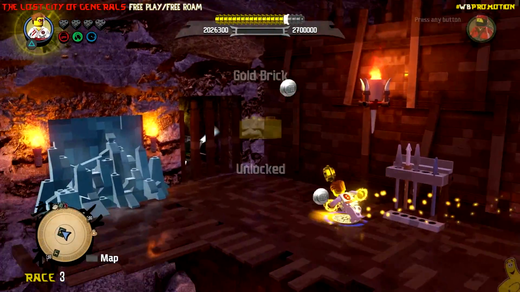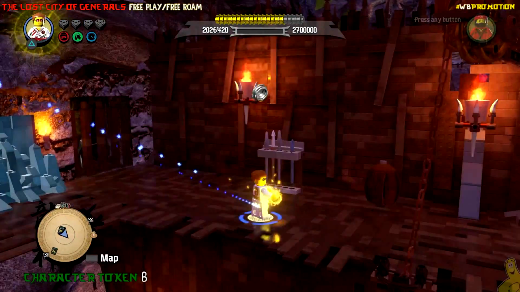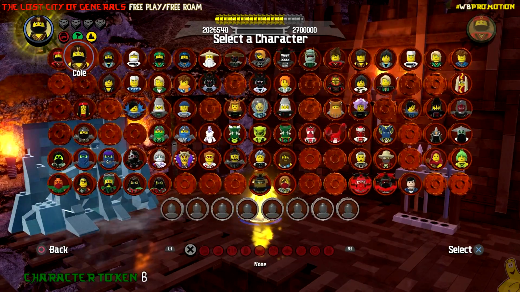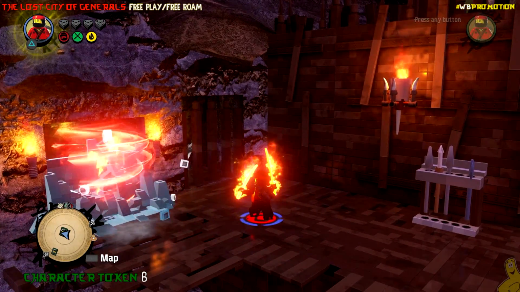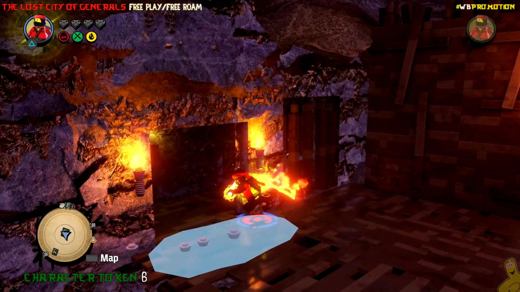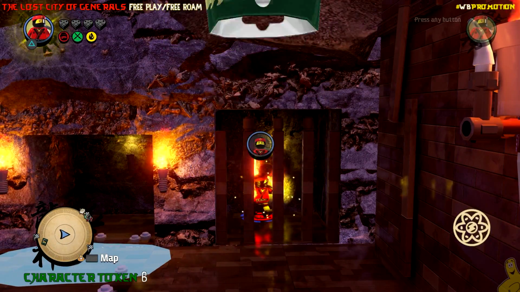Now all we have left is 2 character tokens. And there happens to be one on this far ledge over here. I tried to be sneaky and switch to Kai because I knew he was active. But as it turns out, Kai was a long ways away, and it tried to take me away. So I manually select Kai with my character closest to the melting zone here, and I go ahead and melt that iceberg down and sneak inside to grab number 6,